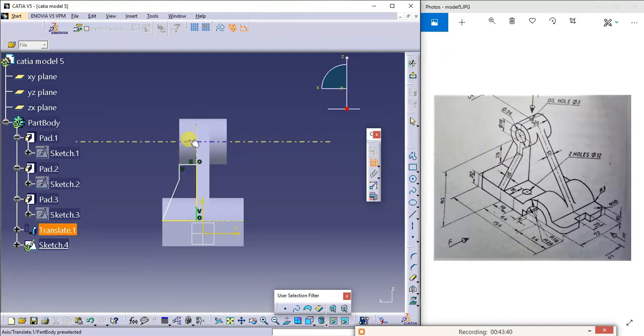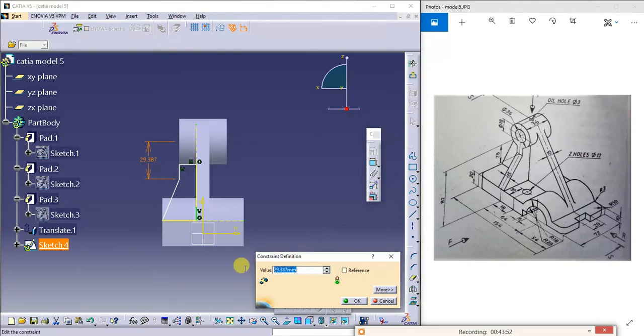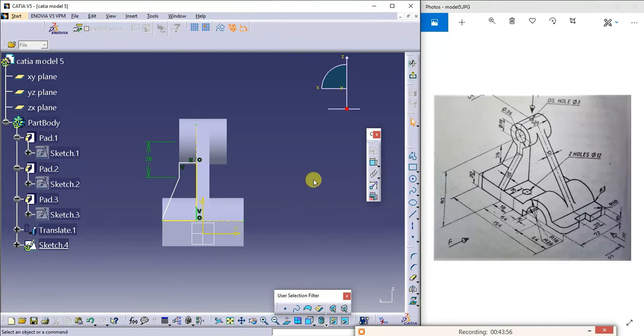From the center it is 28. No, I'll delete this line.